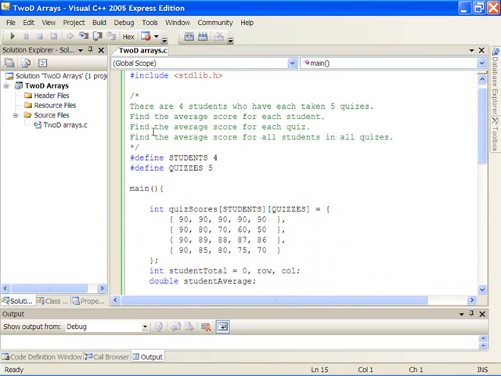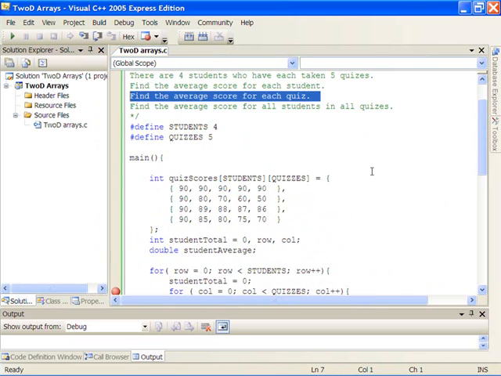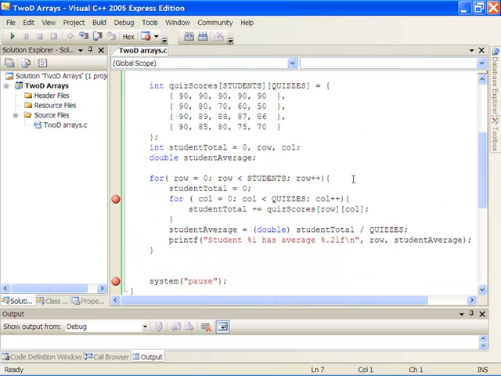Okay, what's left in the spec? We just calculated the average score for each student. Now the average score for each quiz. What is the average score for this quiz? Well, we're going to add up the 90s and output an average of 90. And then this quiz has a slightly lower average. And this quiz has a slightly lower average. So there are 5 quizzes. Each of the columns represents a quiz. And the spec is now asking us to calculate the average